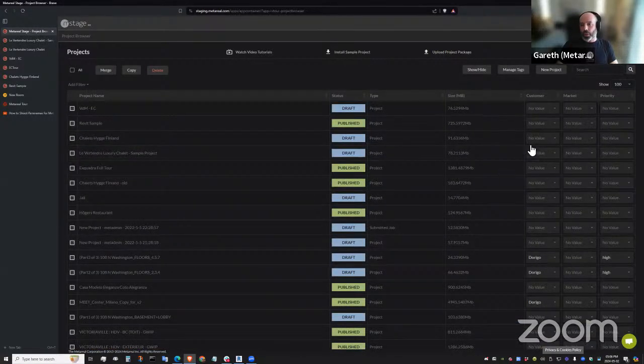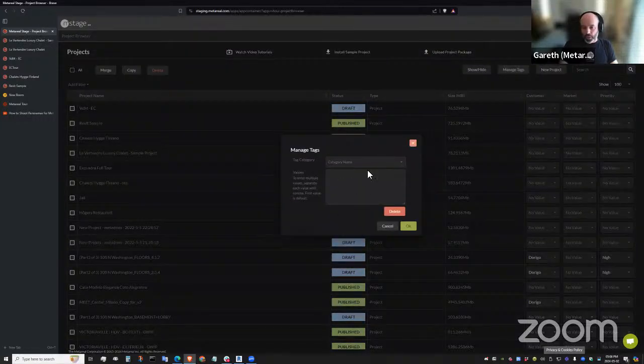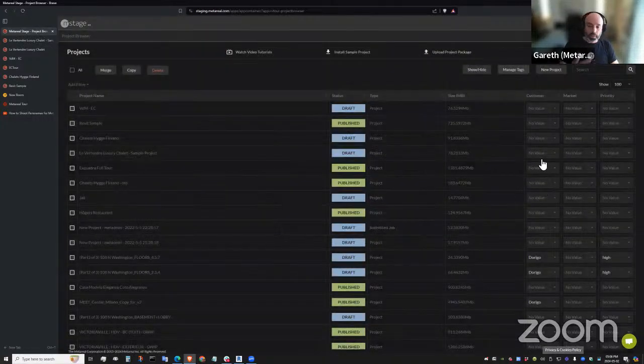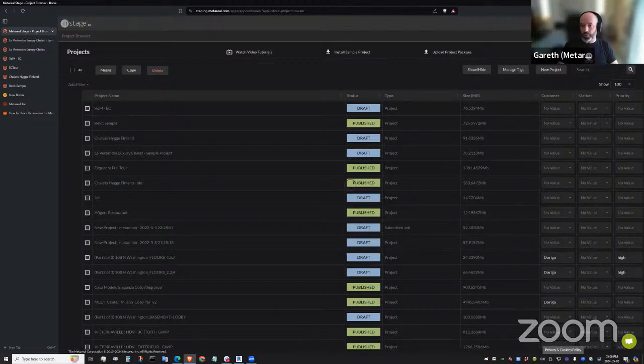And that gives us the ability to add custom columns. So we can add these custom columns here, which can be anything you want. Let's say you're a team of 5 people, you're on a premium or an enterprise account, and you have different workflows where different members of the team are going to see the projects. You can use these custom columns to assign projects to different users. Or maybe you've got multiple clients, so you want to be able to say which customer of yours the project belongs to. So you can go ahead and customize. There's a little UI for customizing the tag columns, adding the different tag ranges and that kind of thing. So it's very flexible, and it's optimized around being able to organize very large numbers of projects very efficiently.